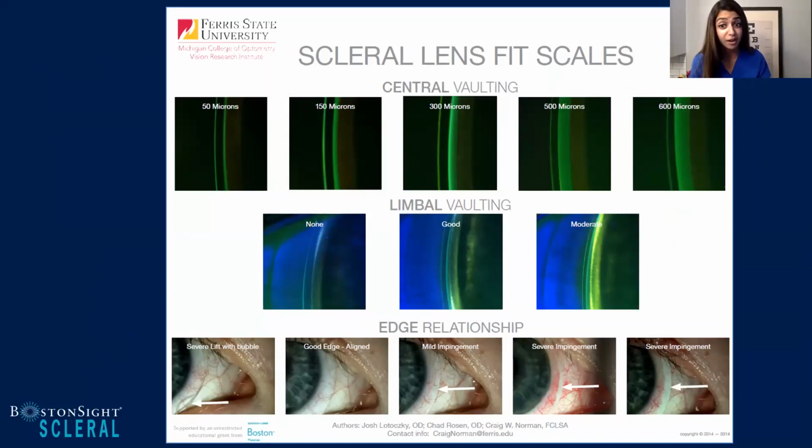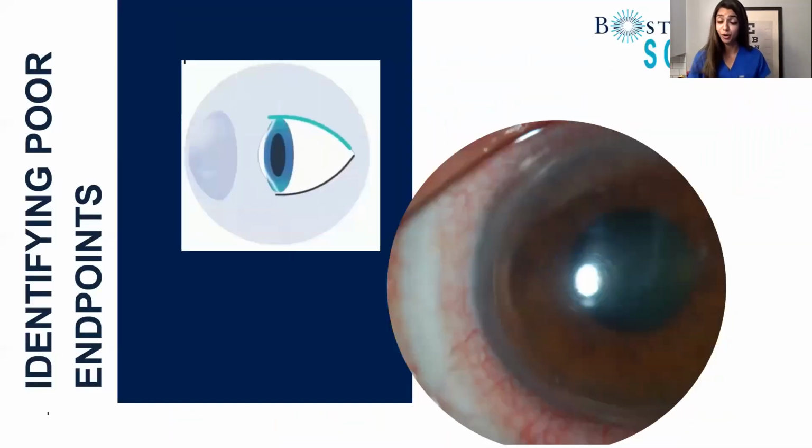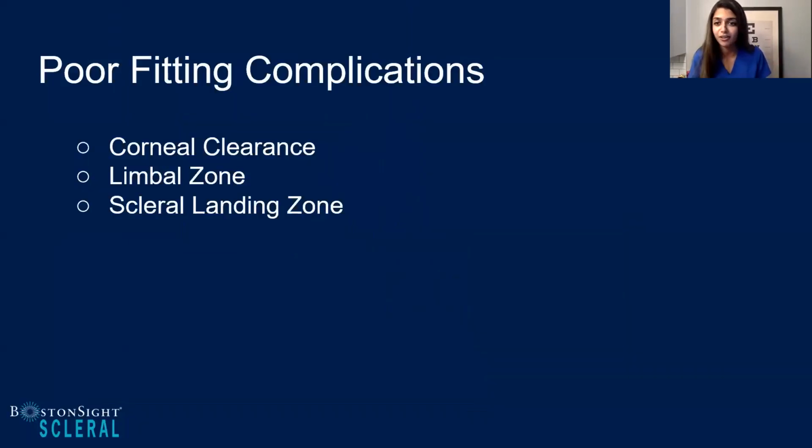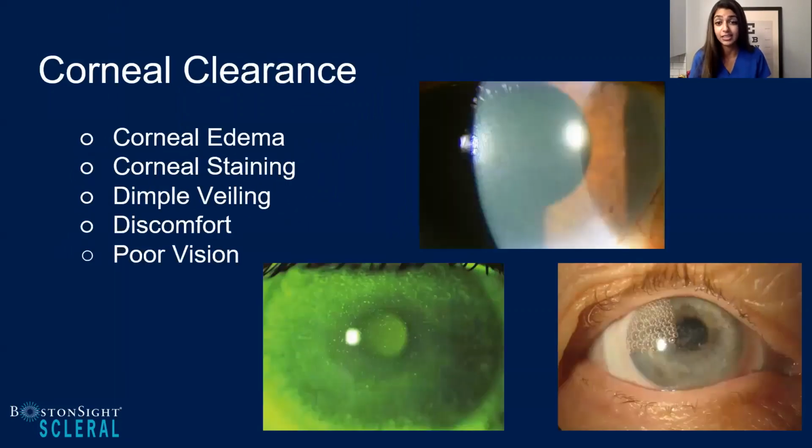So, Shalu, we've now understood the fundamentals of scleral lenses as far as the fitting 101. Now let's start understanding each zone and determining when you end up at a point where you might have a complication based off of each zone. So when we first think of our central clearance zone, what we're thinking about is either you have too much or you don't have enough. So there's a big discussion, and this is probably a lecture for another day, of corneal edema and how much is actually inducing corneal edema.